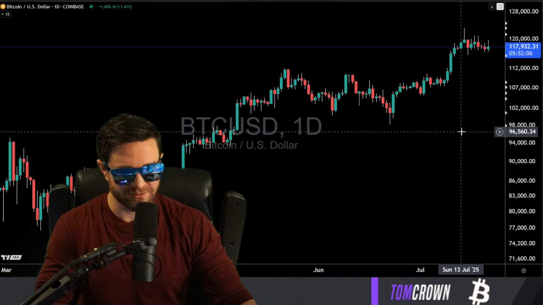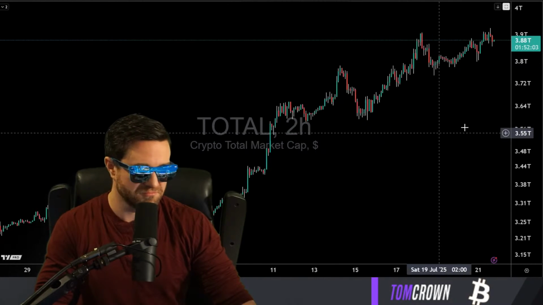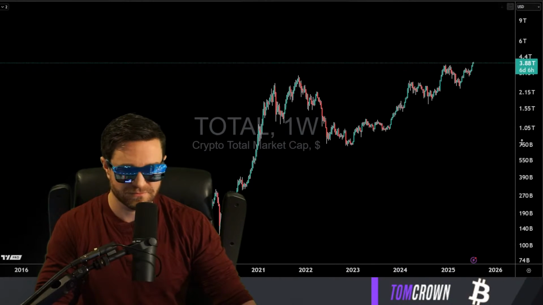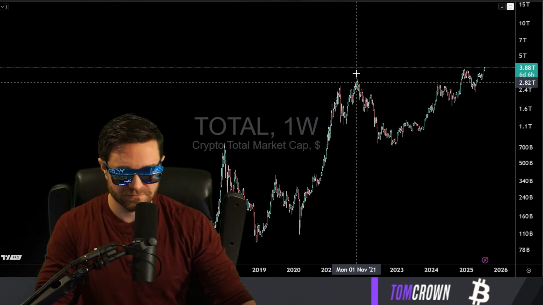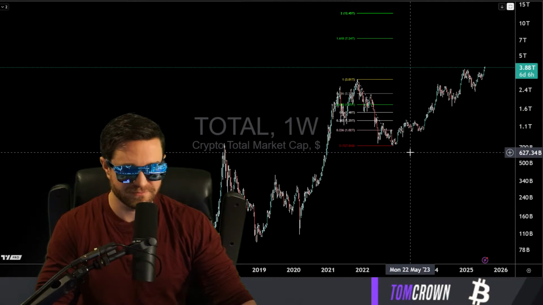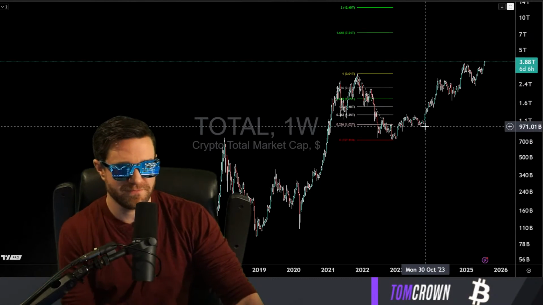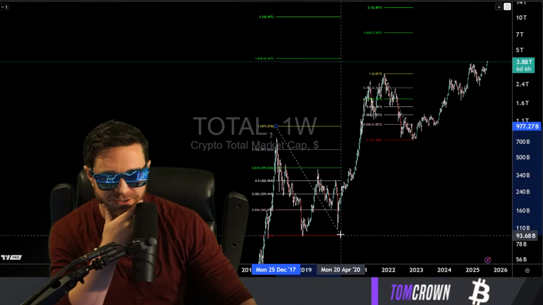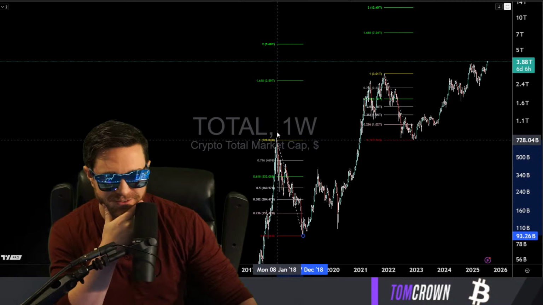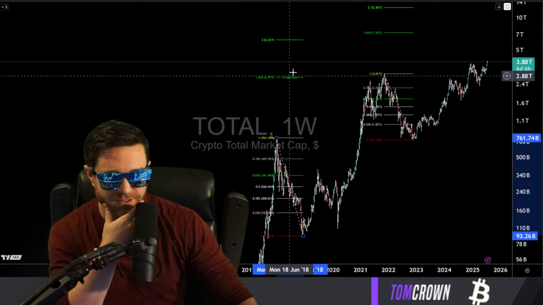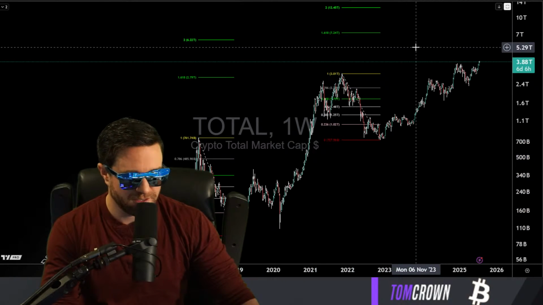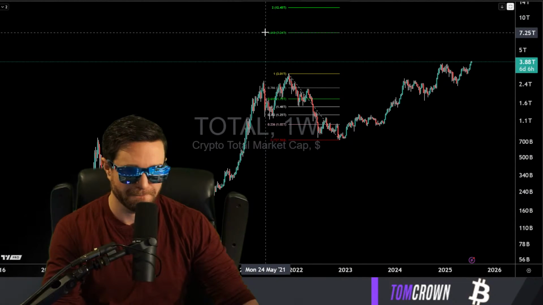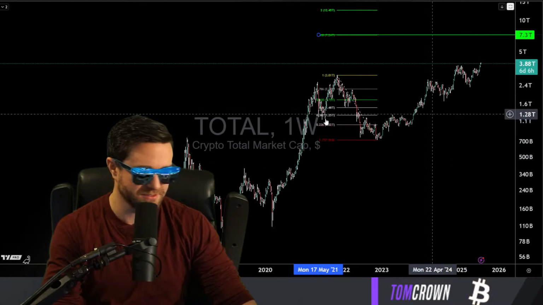Total crypto market cap this cycle, my best guess: I think we hit 5 trillion easy. I think 10. 10 is probably a good number to look for. Those are also conservative. Let's split the difference and say 7.5 trillion. There we go, around 7.5.